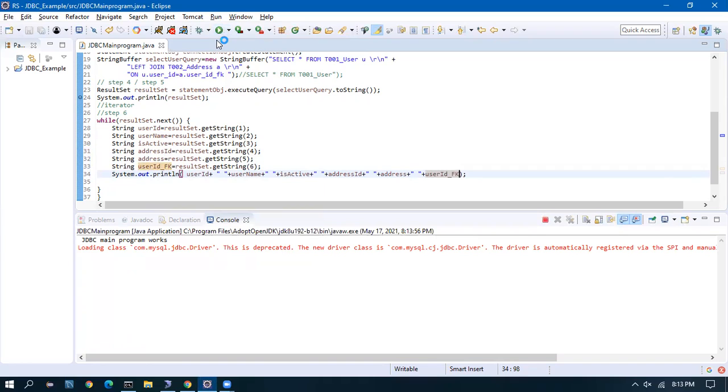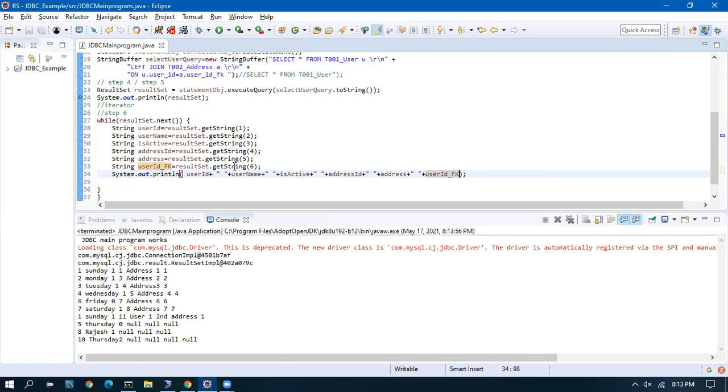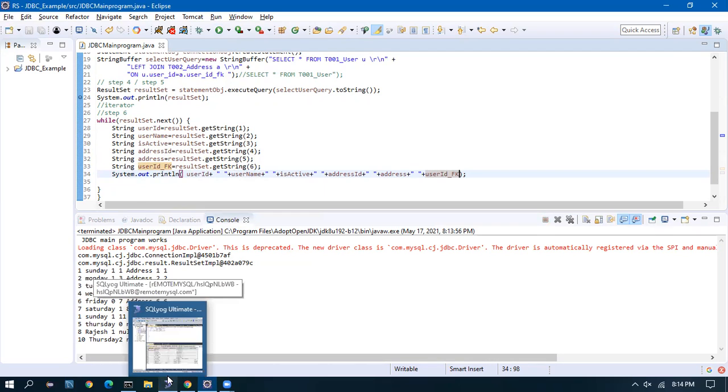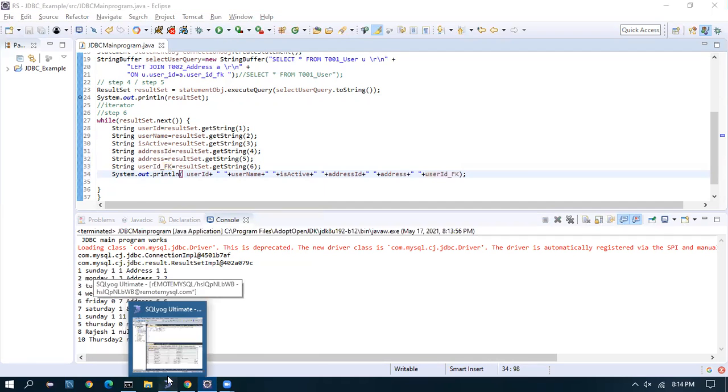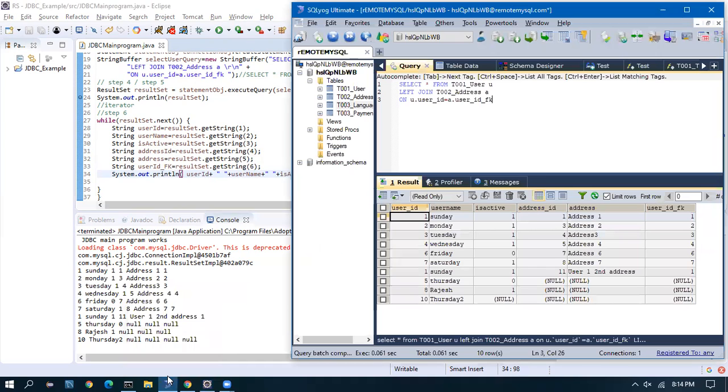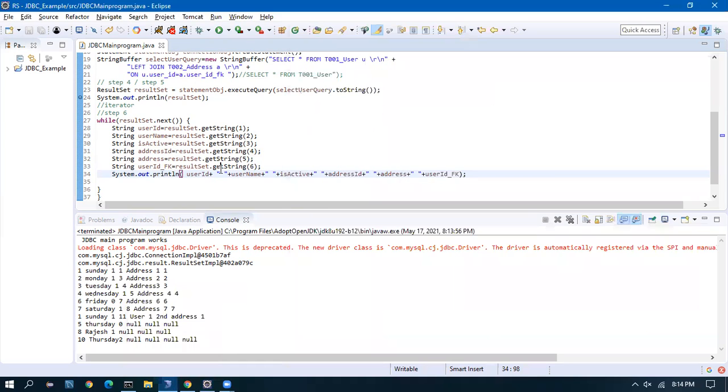Okay, so I have taken the 6 values, so I get it here. Whatever I see in that query result set from the SQL client, I retrieve the same values here. Let me just give a \t, which is a tab. This is core Java. That means, Rajesh, we are getting the values from the SQL by using JDBC connections, right? Correct. Yeah.